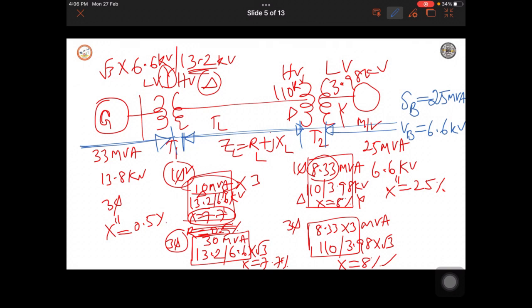Base values we have to find for each of the parts of the power system. Here base voltage is known. By using this you can find the base voltage. Base power remains same for all the power system components. Base voltage in this part is equal to base voltage on the previous part multiplied by the transformer rating of this, that is 110 divided by